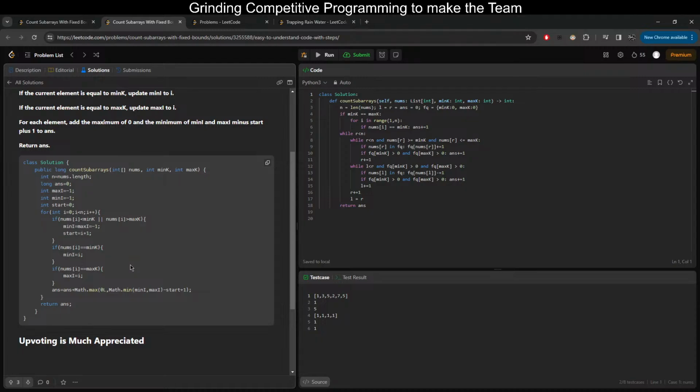I get this. So if nums at i is less than min K or nums at i is greater than max K, this is like an invalid case. So then he restarts them, and then he makes the subarray start at i + 1, which makes sense. And then what you do at the end of all these if statements is you check